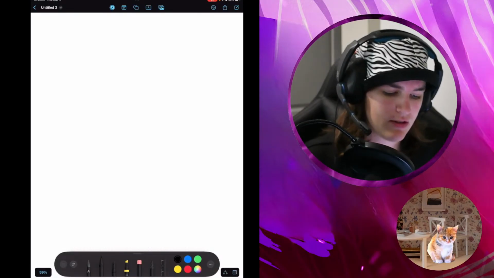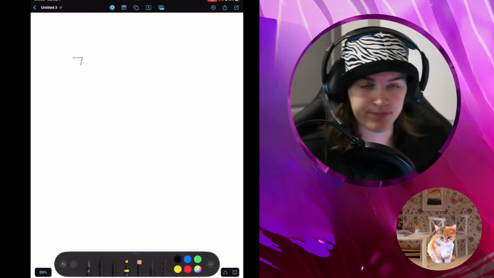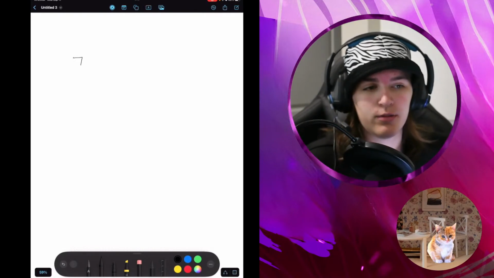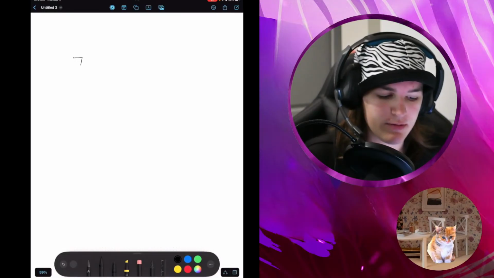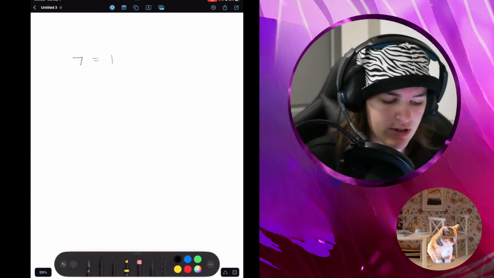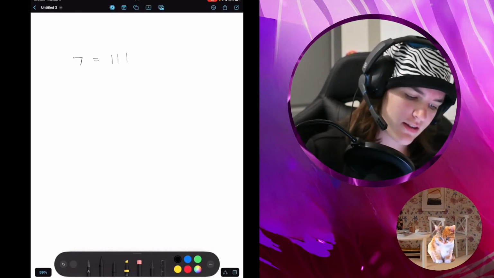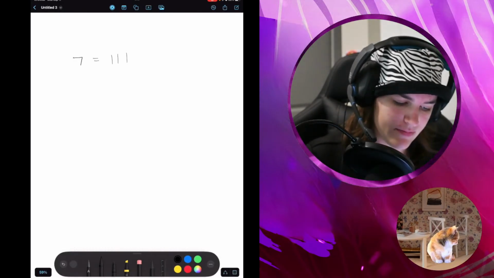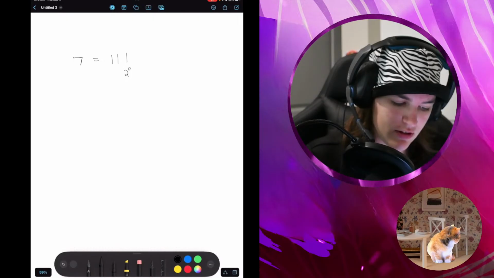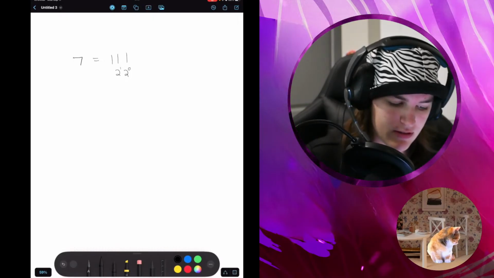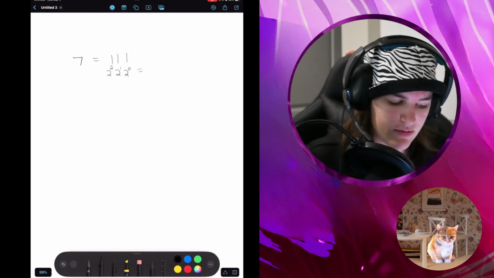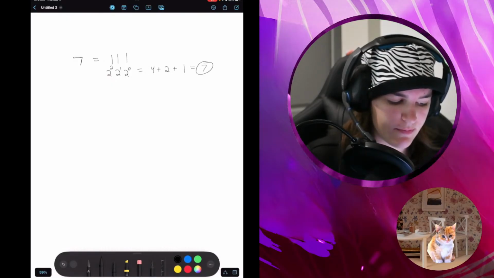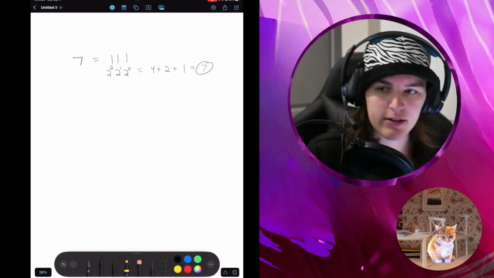So all numbers can be represented in binary notation, and it's a really easy way for the computer to understand what a number exactly is. The reason why 7 in binary representation is 1, 1, 1 is because this 1 represents 2 to the power of 0, this one represents 2 to the power 1, and this represents 2 to the power 2. If you add those up together, you've got 4 plus 2 plus 1, which is 7. So if we go back to the problem,